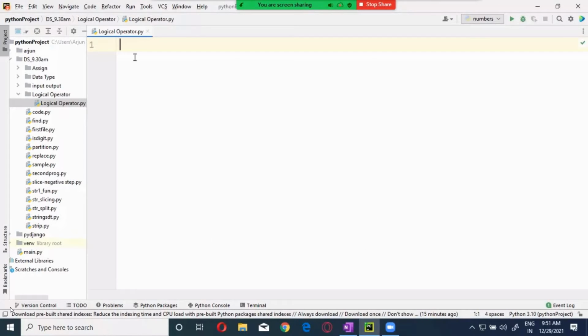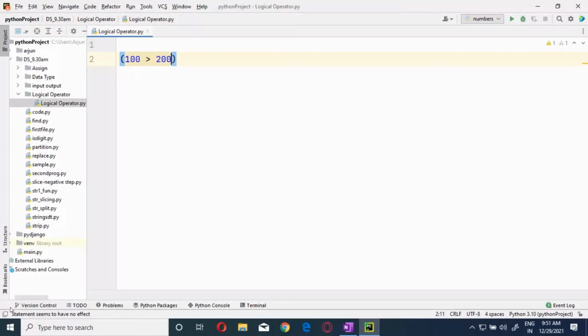Now, guys, let's do a simple thing over here. I'm doing a conditional statement over here. The conditional statement is 100 is greater than 200. Is it false? Right? Let me solve it. 100 is less than 200, right? And I will use it as apple is equal to apple. Right? These two are true.